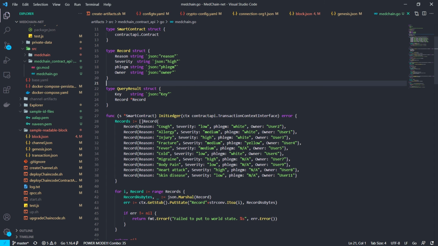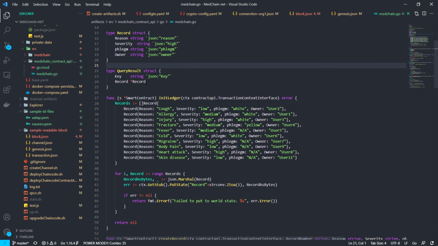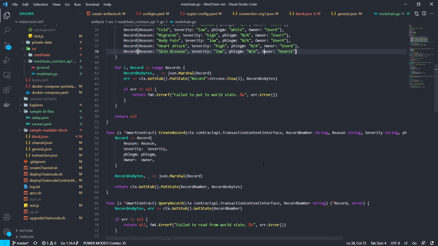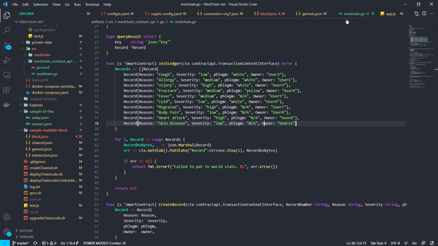We have the structures of the smart contract defined here, and the generic record sizes. For example, here the generic records are stored, and we also define the block size, the transaction rate, and the time delay or the sleep for each transaction applied there.